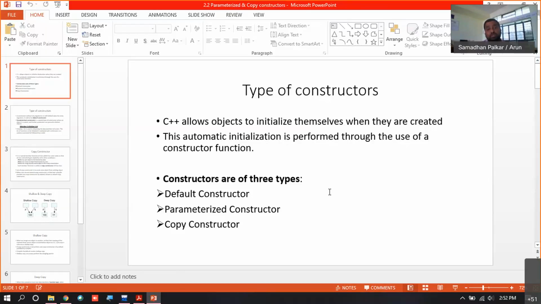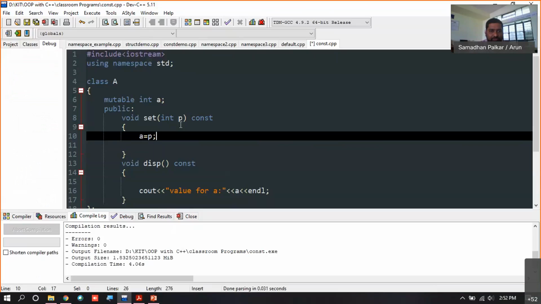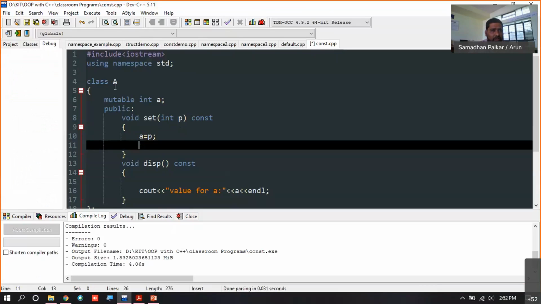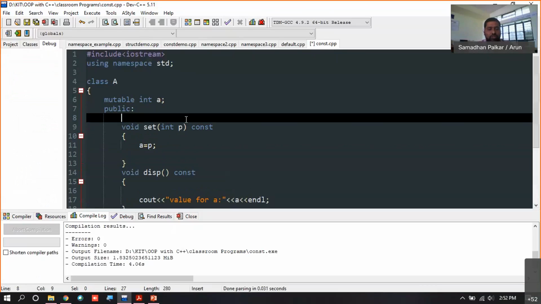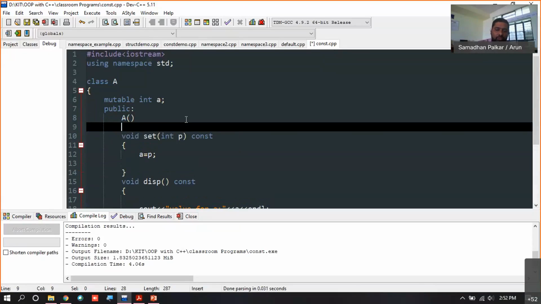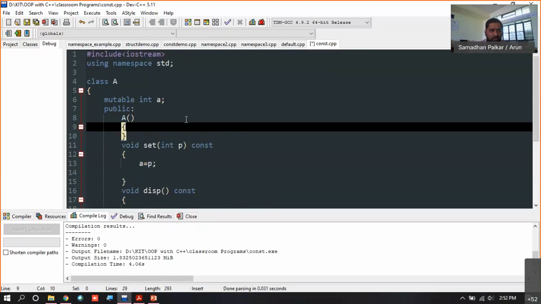So there are only three types of constructor: default constructor, parameterized constructor, and copy constructor, wherein default constructor means the constructor which doesn't have a parameter. If I want to write a constructor for this class, the name of the constructor is same as the name of the class, right?